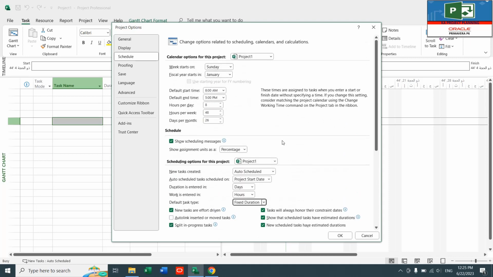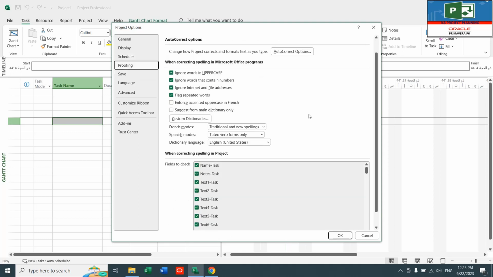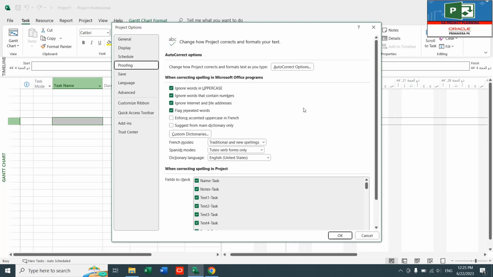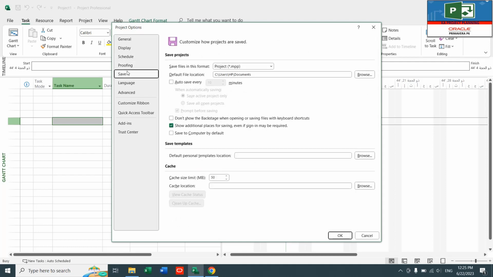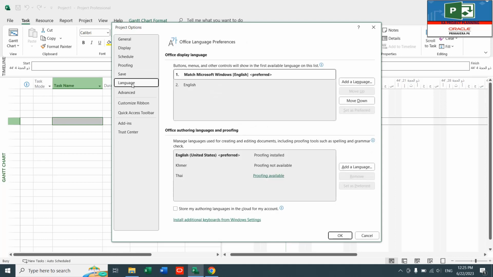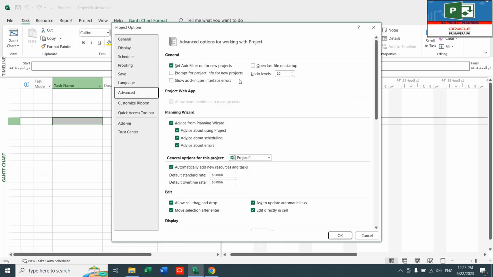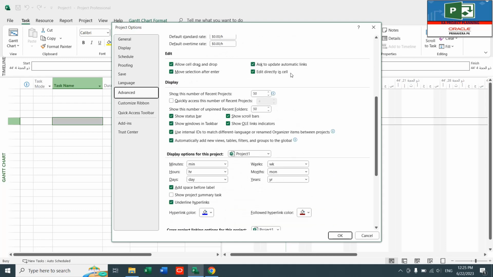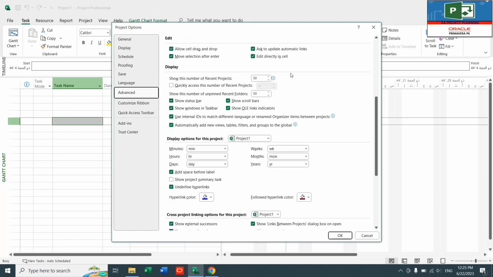So I will mention only those things. After that we go to briefing. I don't see any concern point, so I will go to save. Also save, I will not mention. Language, I will not mention. Add one. In the add one, I will mention,